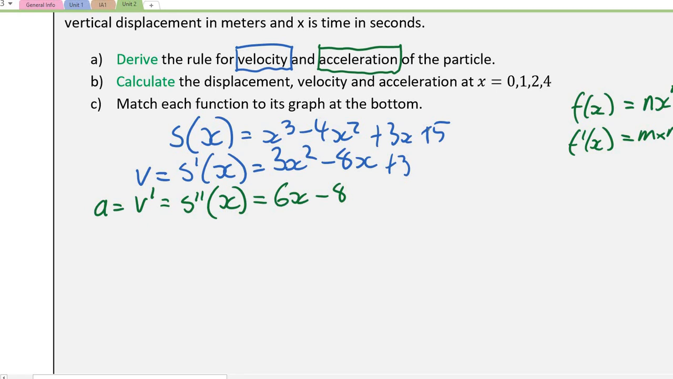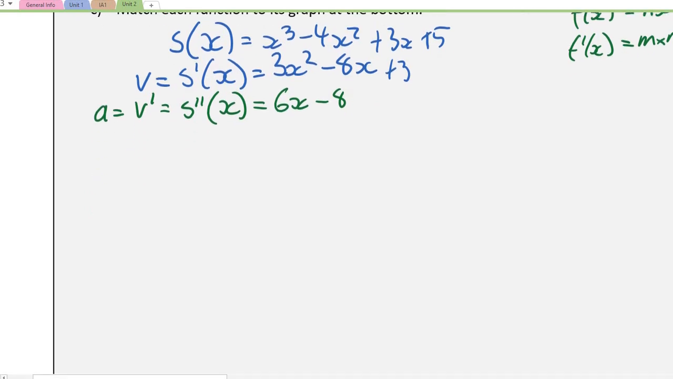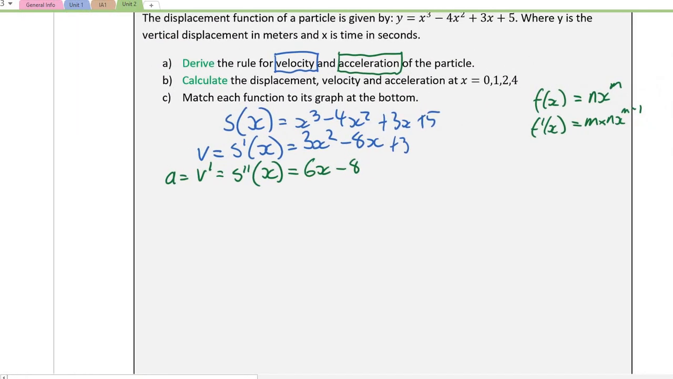Okay. Calculate the displacement, velocity, and acceleration at x equals 0, 1, 2, and 4. This is going to be a pain, so I'm going to draw a table, I think. So I might just rewrite it out nicely. S equals